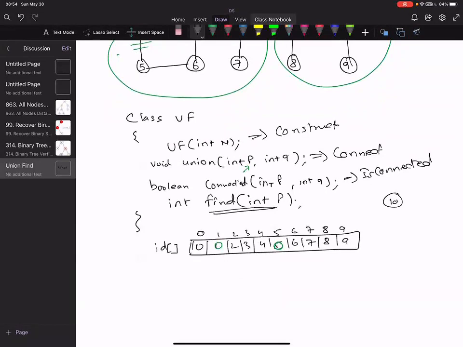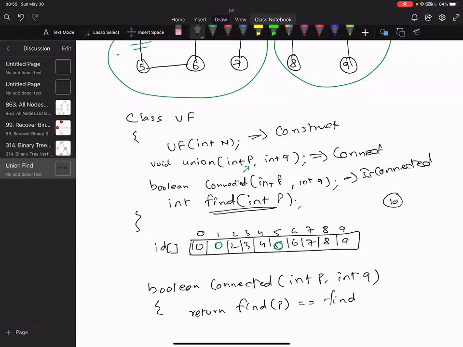All right. So the find is basically nothing, but now the implementation of connected will be very simple. I'm going to return find p equal to find q.